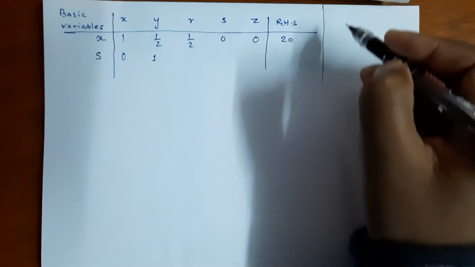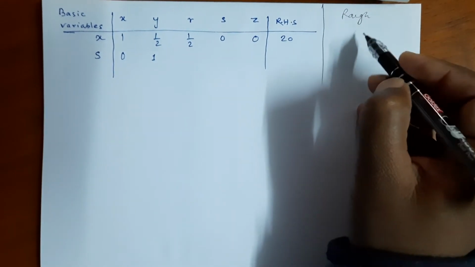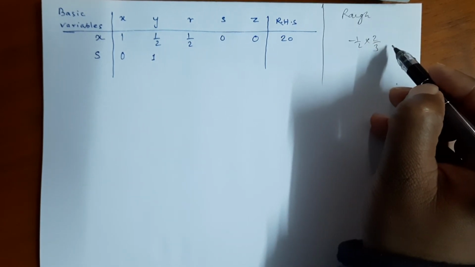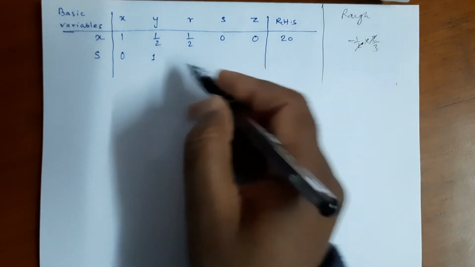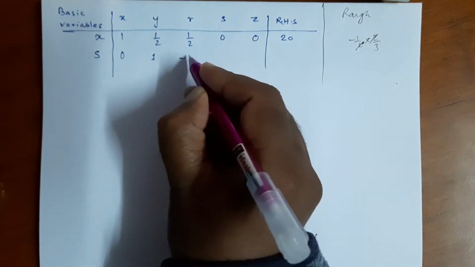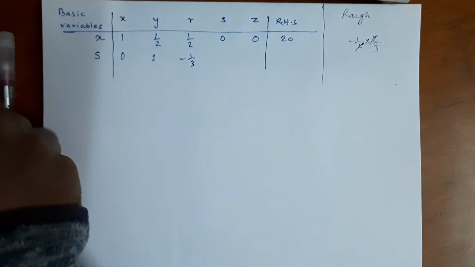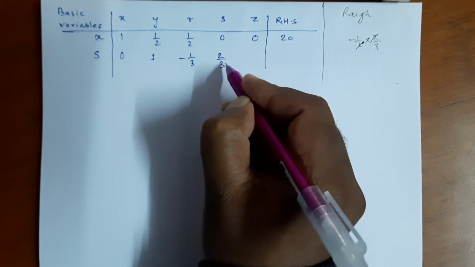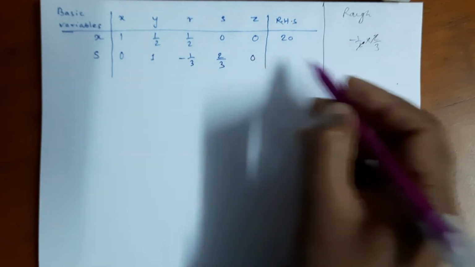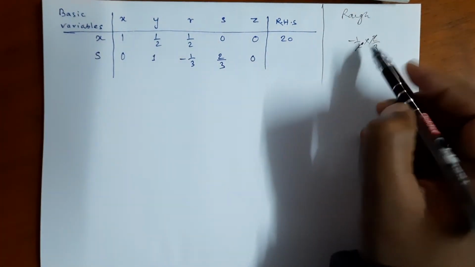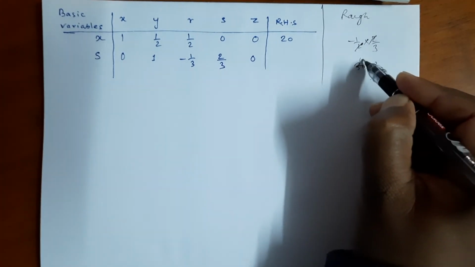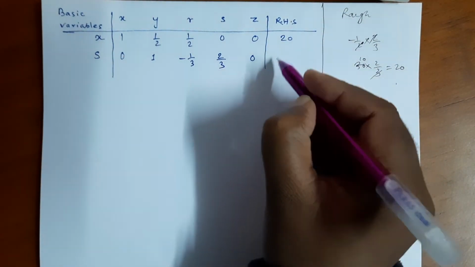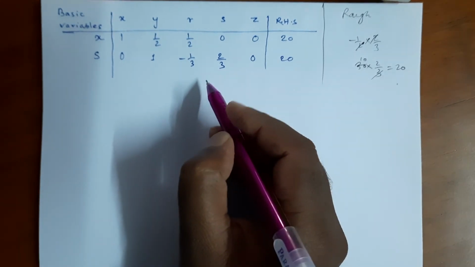let us do a rough calculation on the right hand side. That element minus 1 over 2 multiplied by 2 over 3 becomes minus 1 over 3. So we can write here minus 1 over 3, and this 1 multiplied by 2 over 3 will be 2 over 3, and 0 multiplied by 2 over 3 will be 0. 30 multiplied by 2 over 3 will be 20. That will be 20 here, and